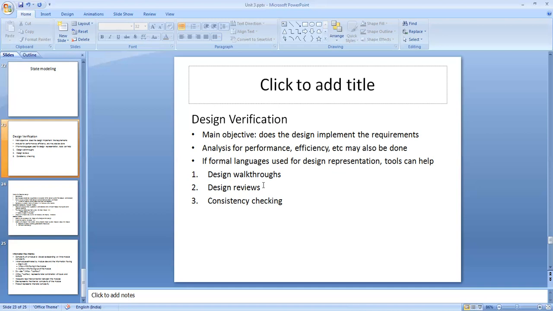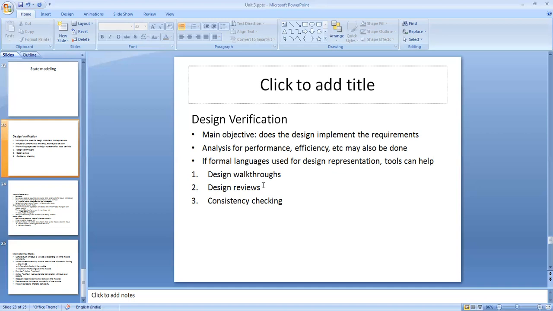Then the third way of design validation, or verification, is consistency checkers. Consistency checkers are essentially compilers that take as input the design specified in the PDL, maybe.